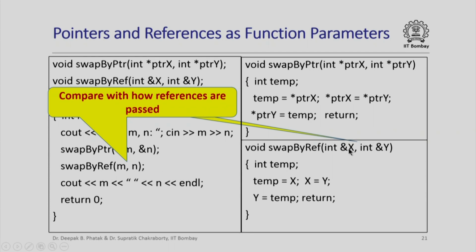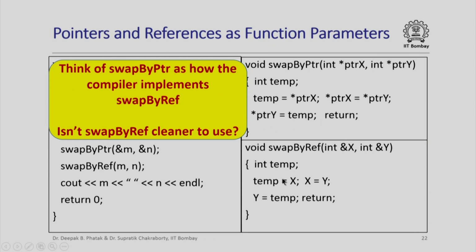It is only in the declaration of the formal parameters that we say these parameters are being passed by reference. In the body of the function, I do not need to use any star or any other operator. I can just use these variables x and y as if they were the local variables of this function. So what you see is that we can think of swap by pointer as really the back-end way by which